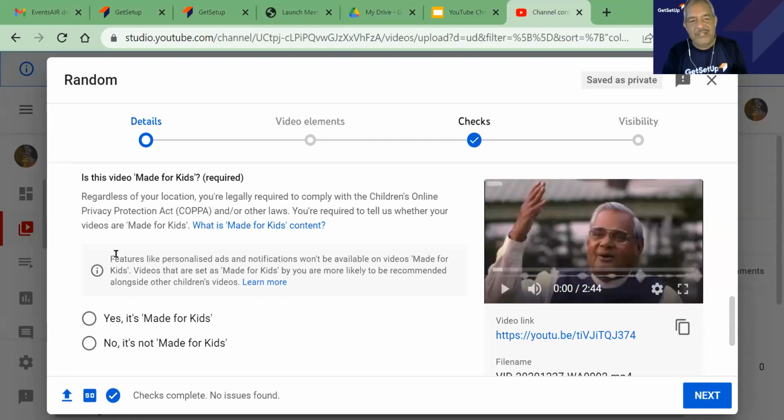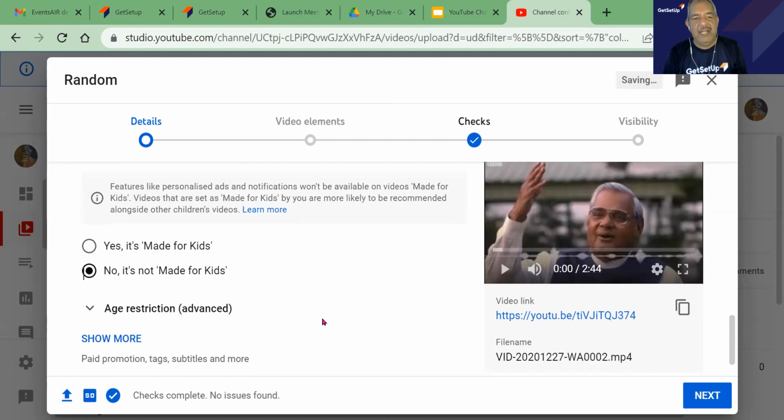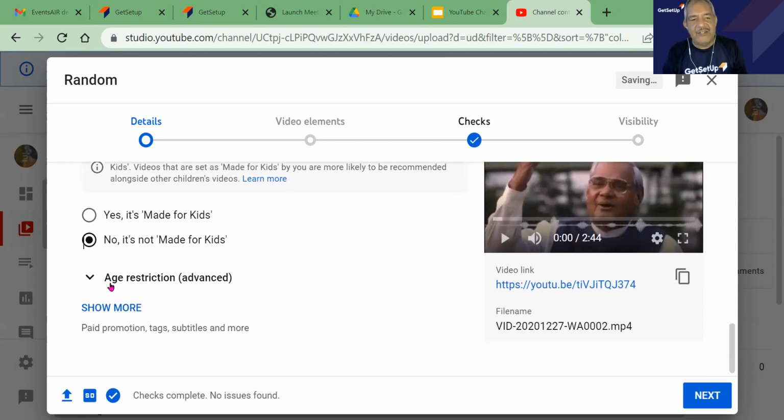If it is made for kids, it will only go there. Okay, and there are some guidelines that we have to adhere to. Okay. I say it's not made for kids. Okay. If there are any kind of age restrictions, any kind of product which is not suitable for this and this or anything of that sort, we can get that done.